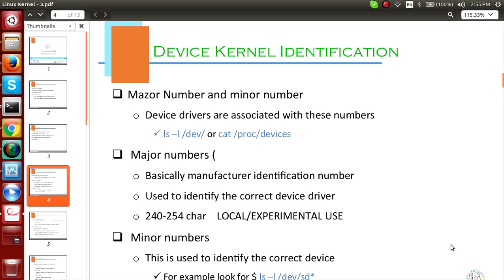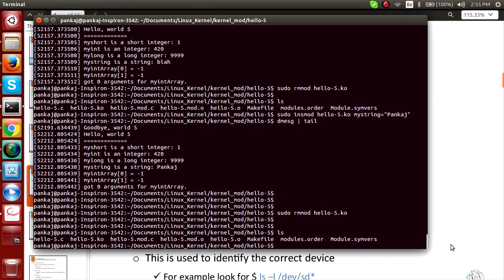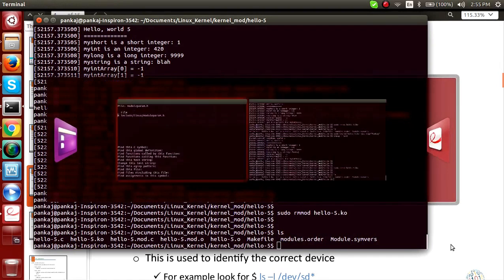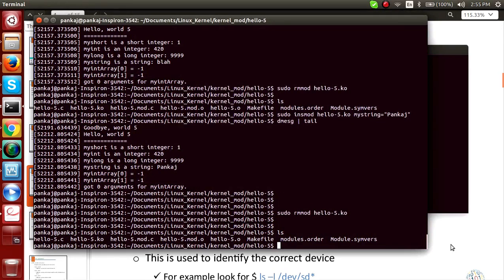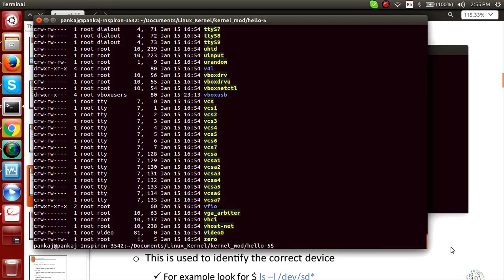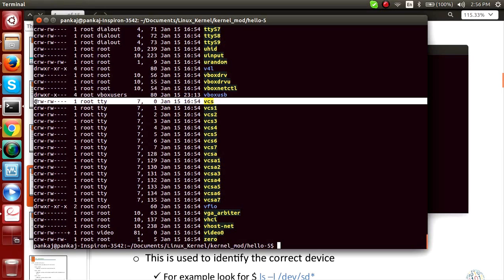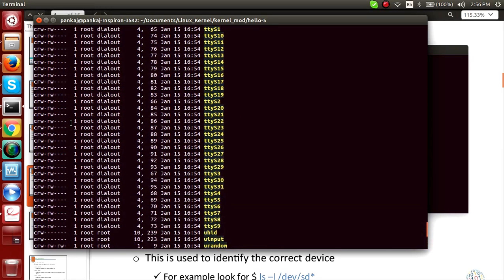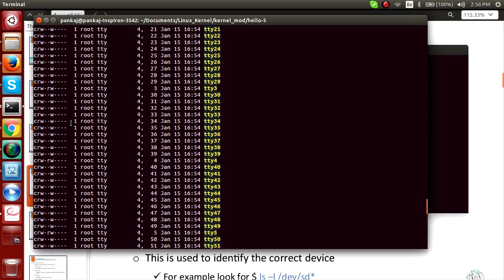I will first run some commands. If I want to see ls -l /dev, the first character, you can see C at the start of every line. That means it's a character device. It is a file representation of the actual devices.